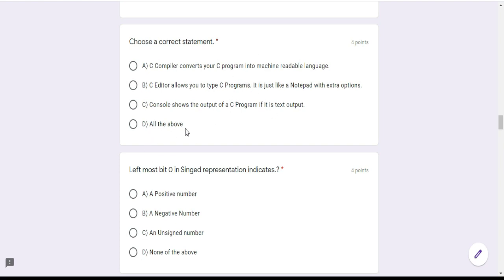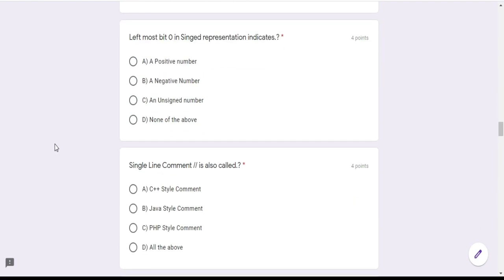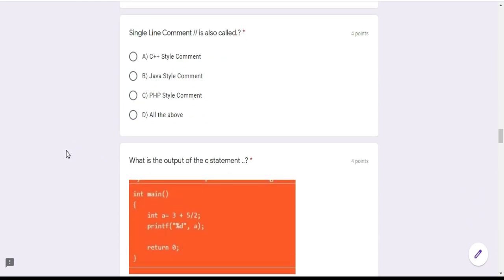So all of the above is the answer for this. And the leftmost bit 0 in a signed number always represents a positive number. So the positive number has a leftmost bit of 0. And the single line comment, double slash, is always used for all programming languages, either C++, Java, PHP, C.